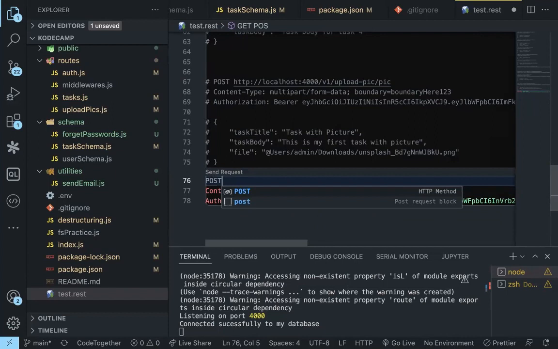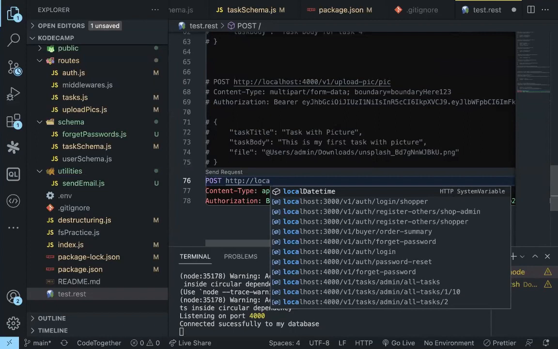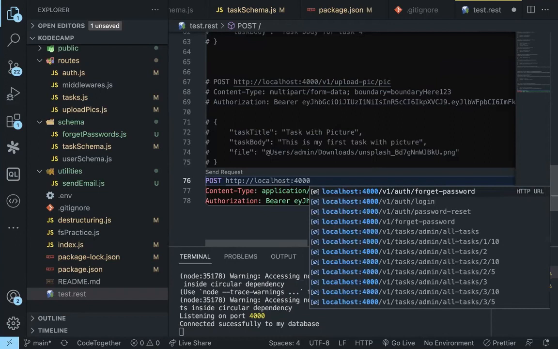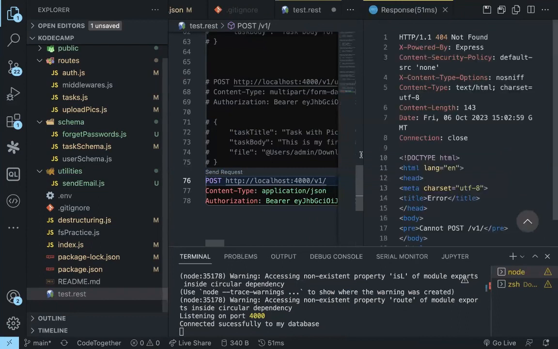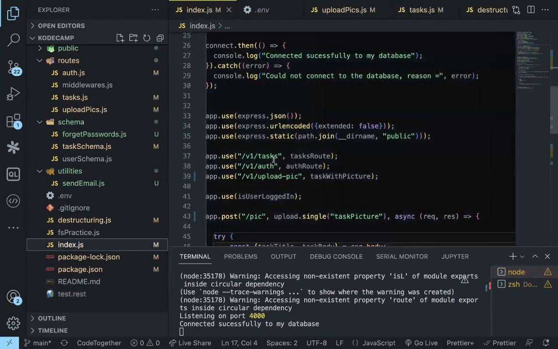Posts, HTTP, localhost, 4000, /v1. What? Okay, no. /v1. Let me see, /v1/tasks. Then it's going to be /tasks